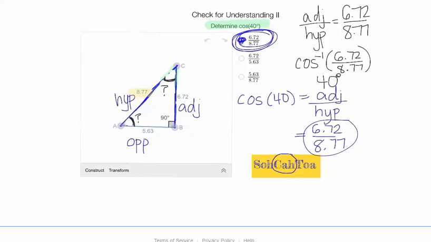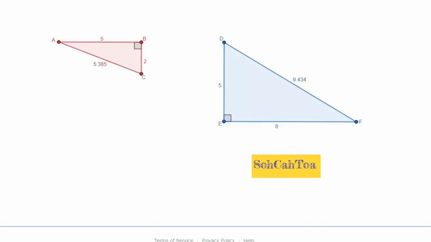These values were rounded, and then the angle was close to 40. So whenever I'm looking at a question like this, since I know that this is actually exactly 5 and this other side is exactly 2,